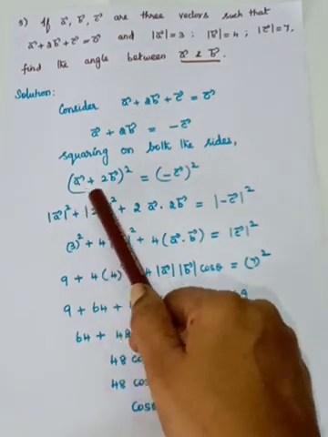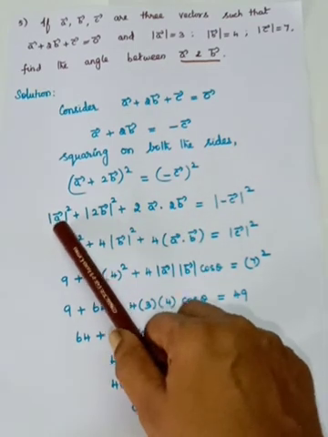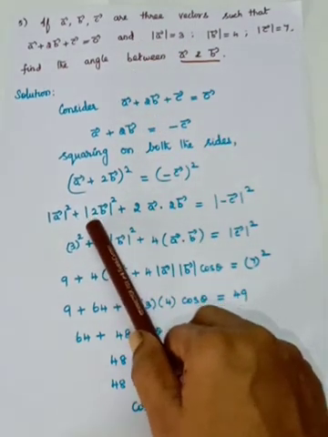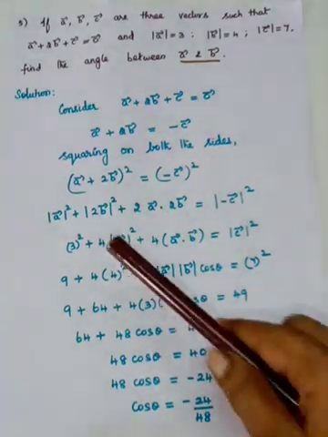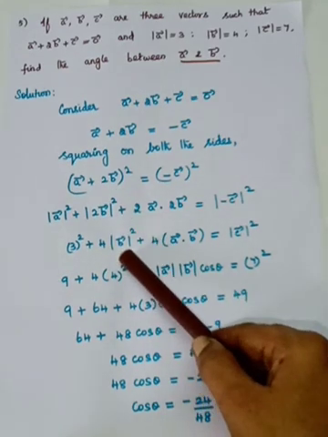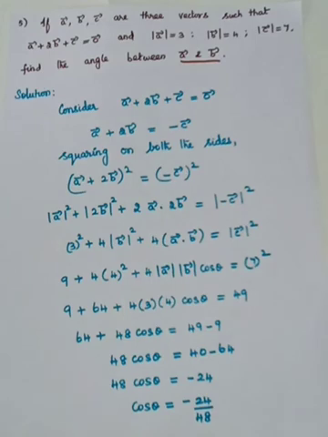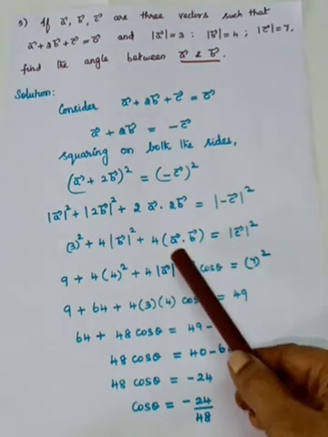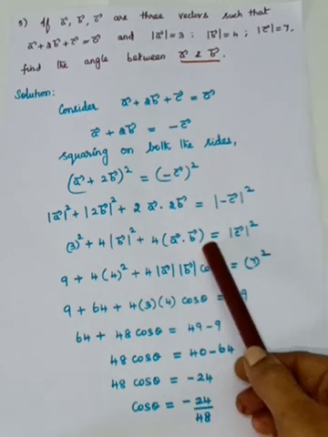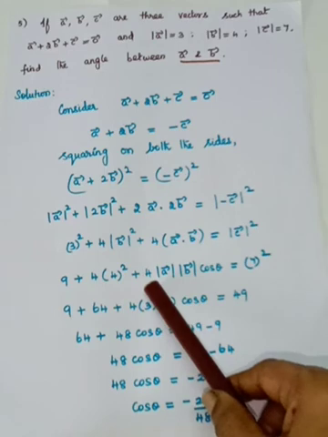So see now, you have to use the identity. Here I have written this using the vector identity. Modulus of A vector here is given as 3, so it is 3 squared plus, you see now, modulus of 2B vector the whole squared can be written as, it's a number, scalar, so it can be written as 4 into modulus of B vector the whole square plus lambda A vector dot mu B vector. If you have numbers, you can take the numbers out and take the dot product between the vectors. So 2 is a number, 2 2s are 4, 4 into A vector dot B vector. Here modulus of B vector is 4, so 4 squared plus, since the angle is asked,